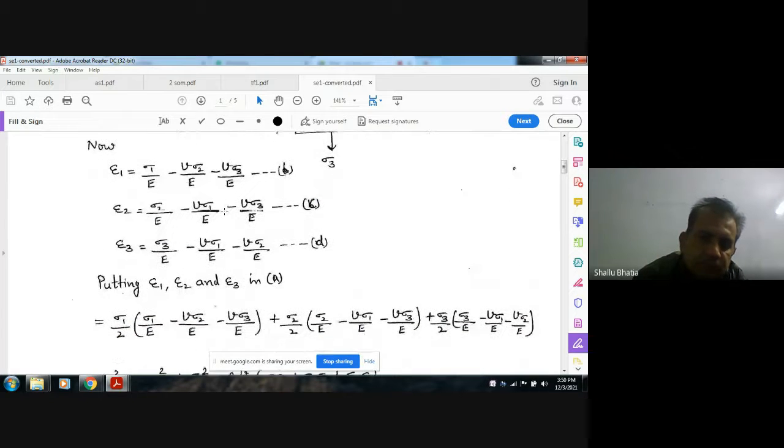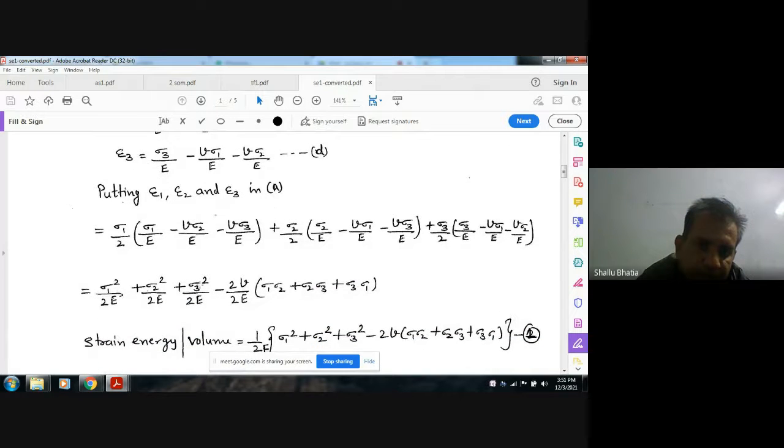Now putting this value: sigma 1 by 2 times the bracket sigma 1 by E minus mu sigma 2 by E minus mu sigma 3 by E, plus sigma 2 by 2 times the bracket sigma 2 by E minus mu sigma 1 by E minus mu sigma 3 by E, plus sigma 3 by 2 times the bracket sigma 3 by E minus mu sigma 1 by E minus mu sigma 2 by E. Solving this,